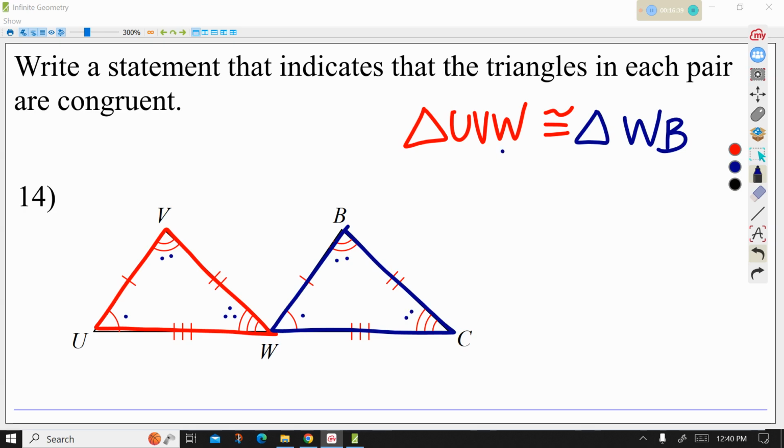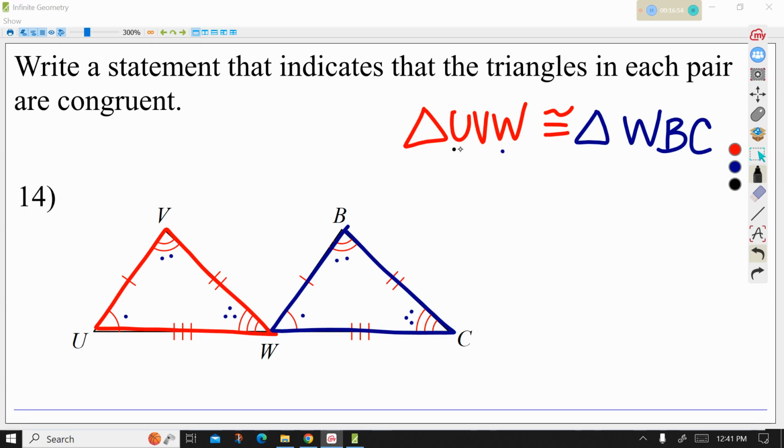So the last letter in this triangle also has 3 lines, so I have to put C right there. Okay, so this statement indicates that those 2 triangles are congruent. All right. One thing that we could also do to make sure that we have them correctly in the right